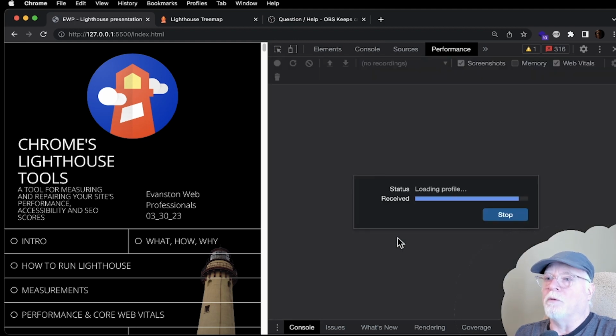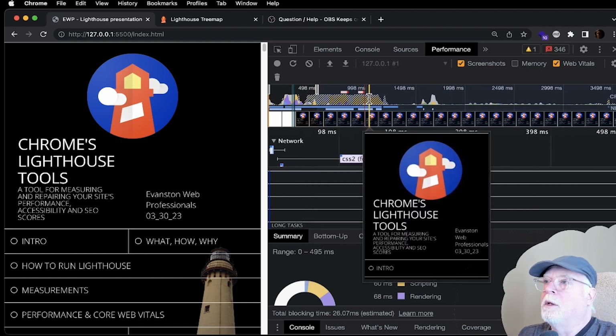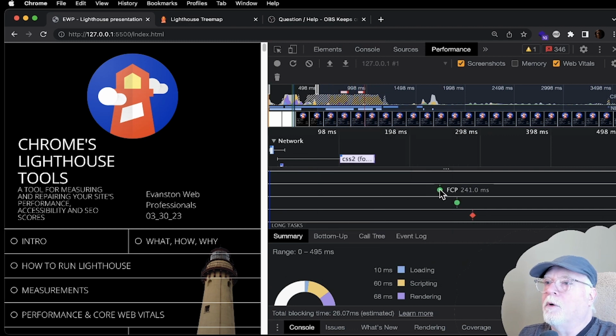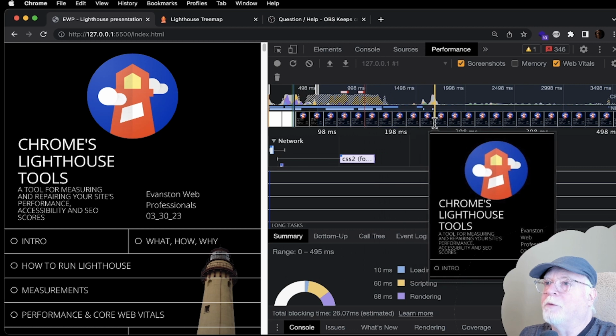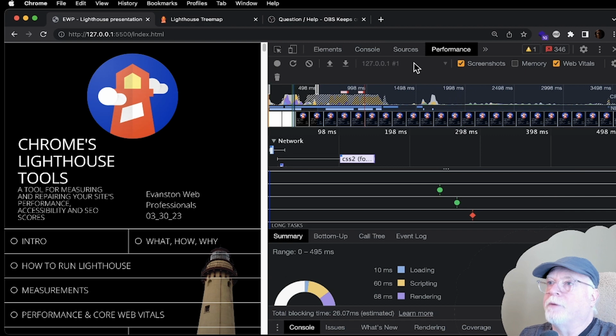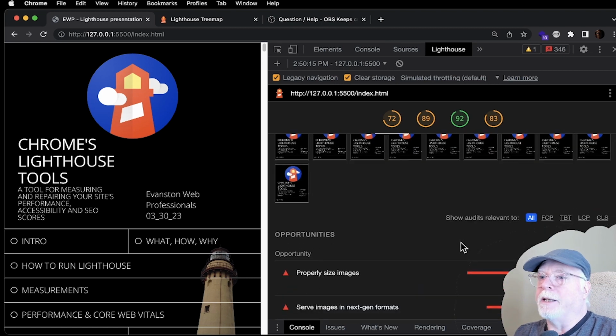Also, the view original trace, if I pull that up, I get a much more complex document or timeline here, where I can see the first contentful, the largest contentful, how long that took, and I can see the film strip of, especially if I've got lots of things that are not showing up right away, etc. I've got that tool as well. Notice I've clicked on that and I've landed on the performance tab. I can always get to that performance tab if I want to, but I'll go back to the Lighthouse,